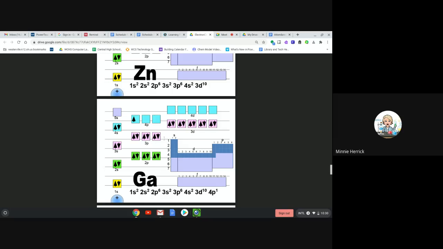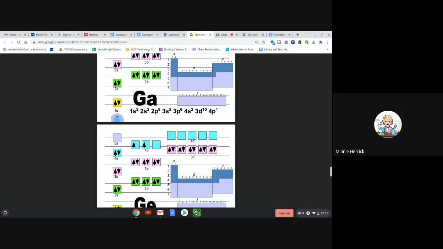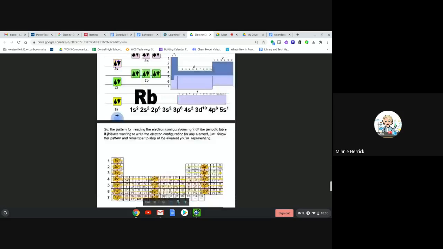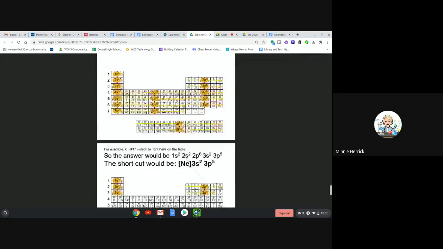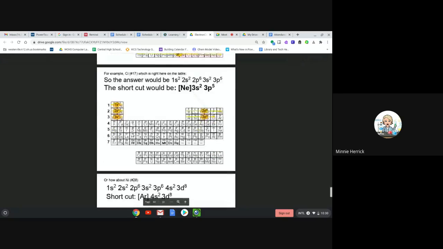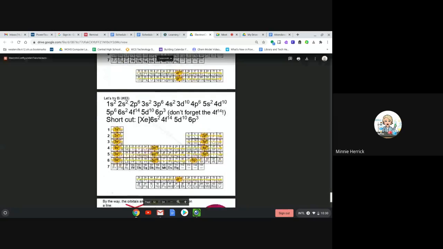I just think it's really helpful. And then I think his last slide goes all the way down to rubidium. Okay, but he tries to explain everything, tries to help you with the shortcut and so forth. So I think it's very, very helpful. He even goes over the f's and how you can do the f's, and visually I show,